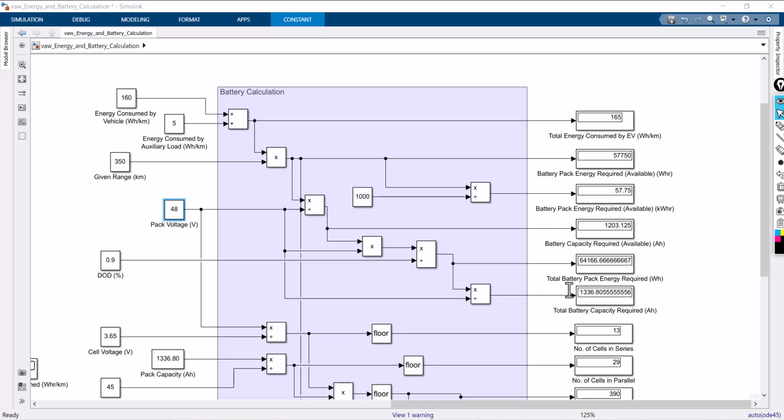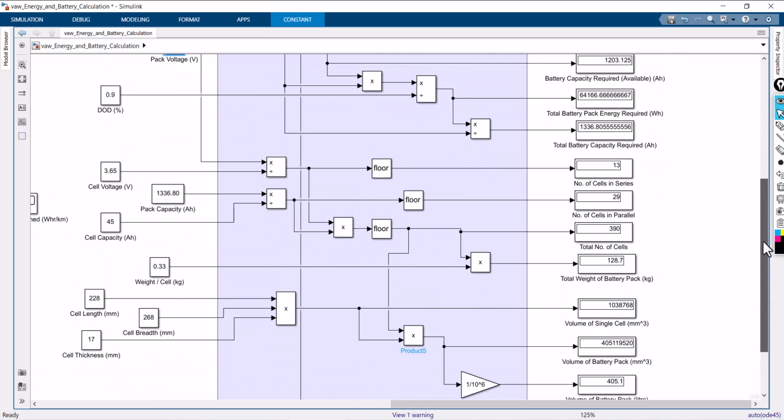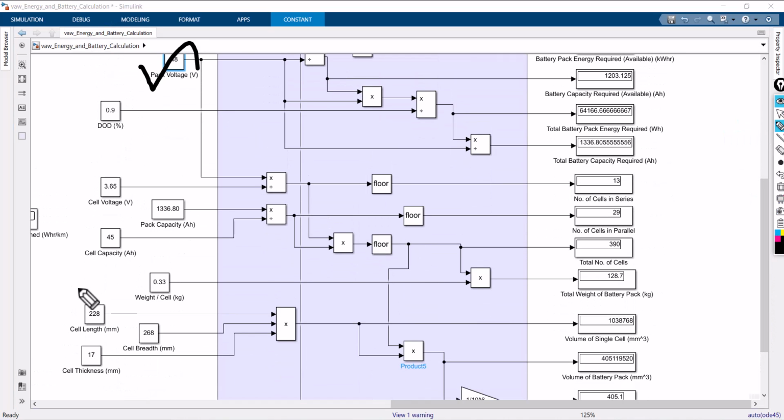Okay. Once you have calculated the available capacity, now you have the pack voltage, cell voltage, which is given in the table column, and pack capacity. Just now we calculated it is coming around 1336. Okay, cell capacity is again given in the table column. So once you have all these four data, pack voltage, cell voltage, pack capacity, cell capacity, then you can easily calculate the total number of cells in series, total number of cells in parallel, total number of cells, you have to multiply it, and then the total weight of the battery pack,